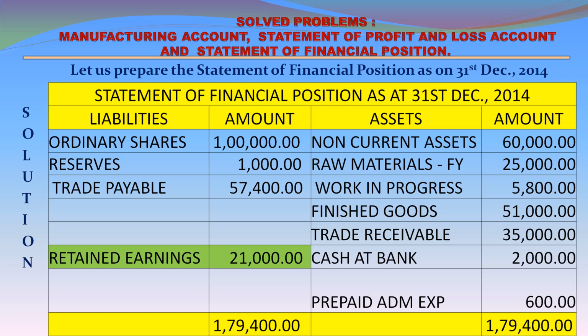On the liabilities side, ordinary shares 100,000, reserves 1,000, trade payable 57,400. When we balance the account from assets and liabilities, there is a difference of 21,000. It amounts to retained earnings or profit. Total liabilities including retained earnings is